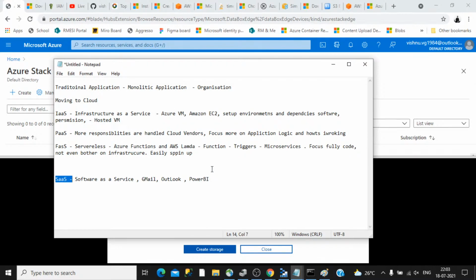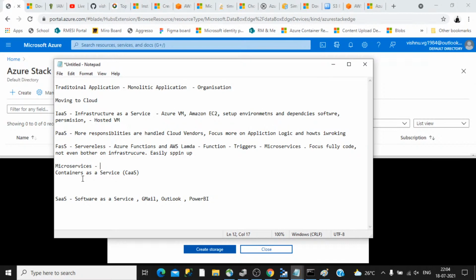In addition to function as a service, there is one more concept you need to understand, which is containers as a service. That is another model that is also getting popular. This is called CaaS. It is mostly applicable to microservice applications, but that is not a requirement. Many normal applications also follow a containerized approach. The advantage is that the dependencies can be easily wrapped into a container and deployed, but containers are more applicable for microservices.